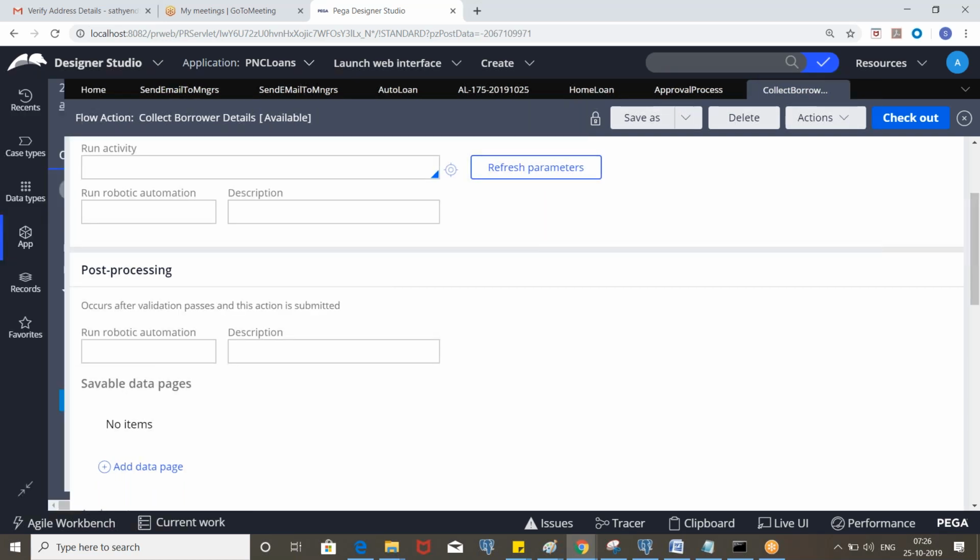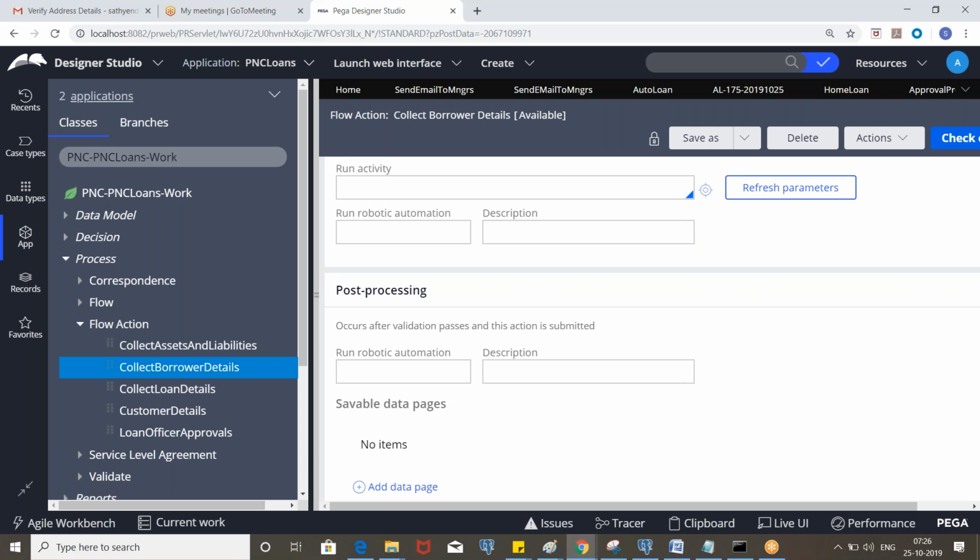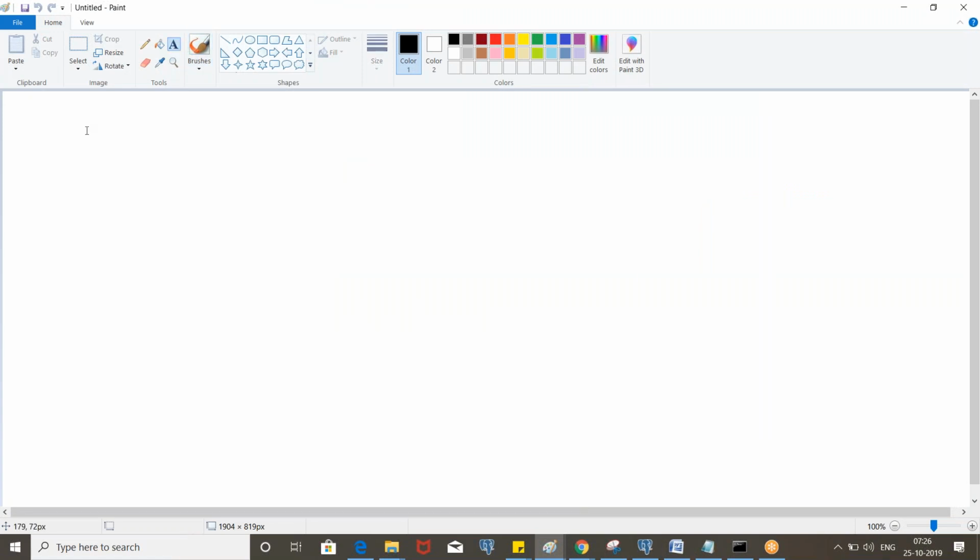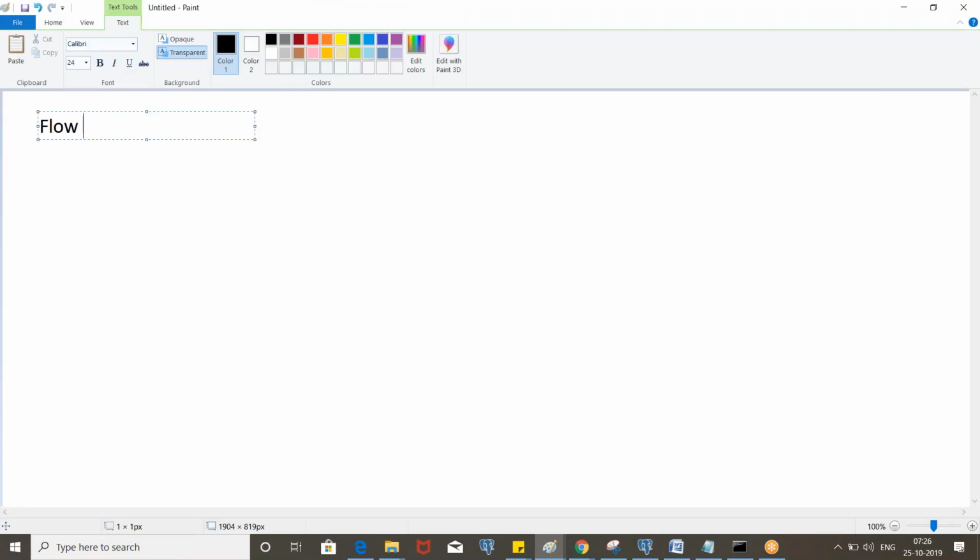Clear? So a local flow action doesn't advance the flow, rather it performs some action while staying on the same screen. So put it in types of the flow actions.